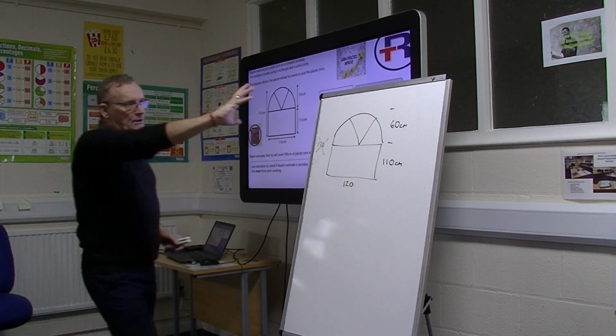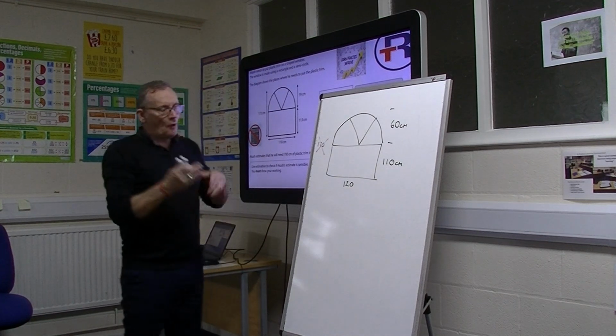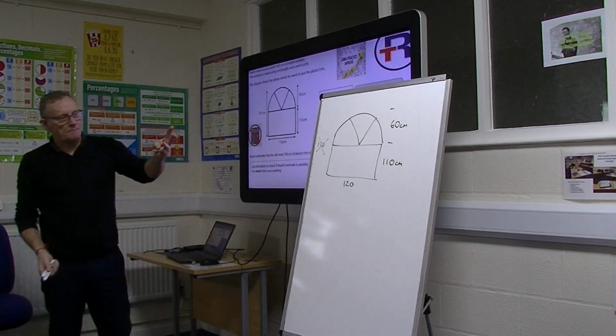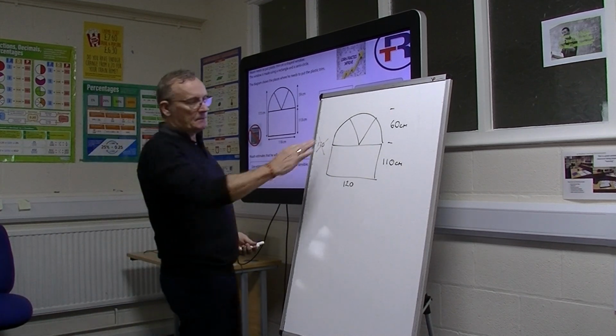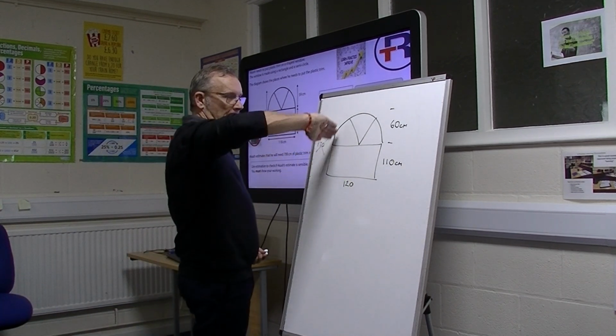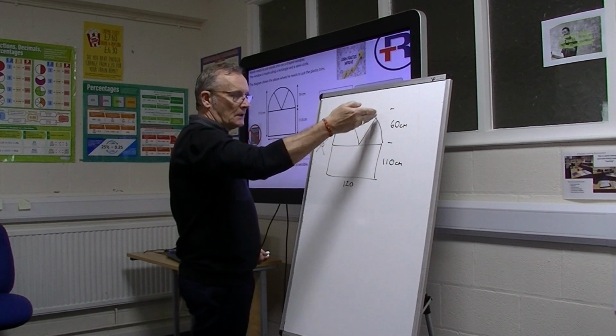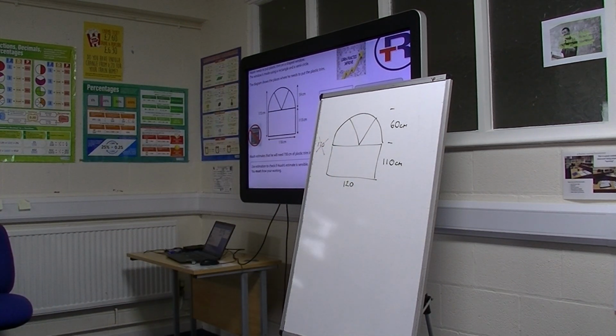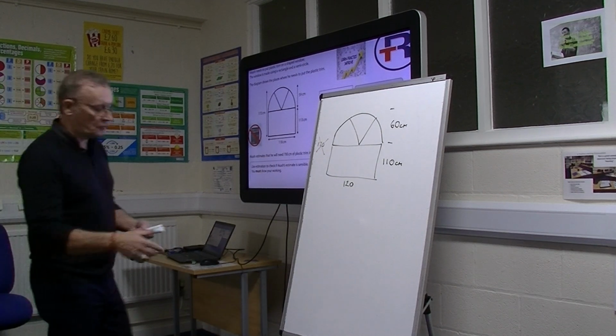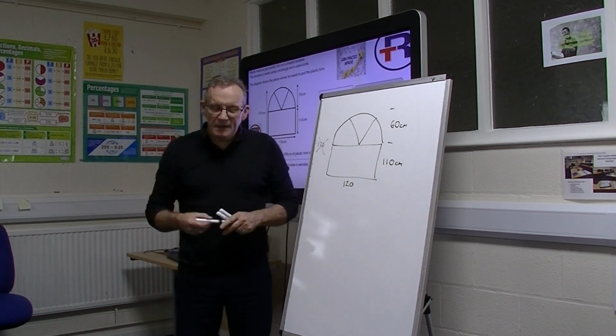So there's our numbers. We've already identified that this is made up of 3 different shapes: a rectangle, a semicircle, and that little letter V. So I used 3 different colours to work this out. We're going to start with the easiest one,